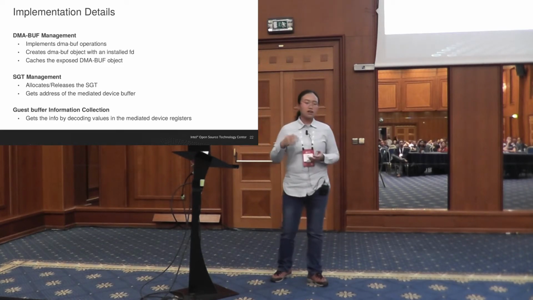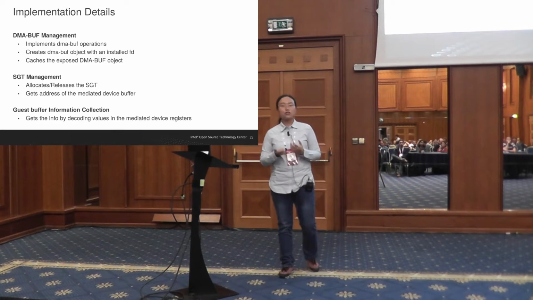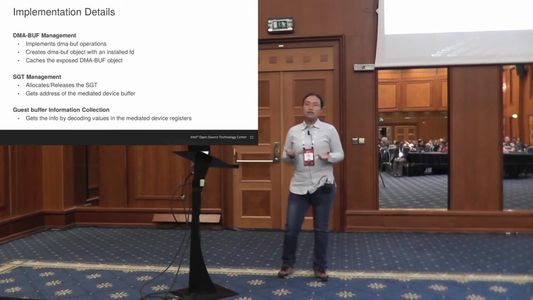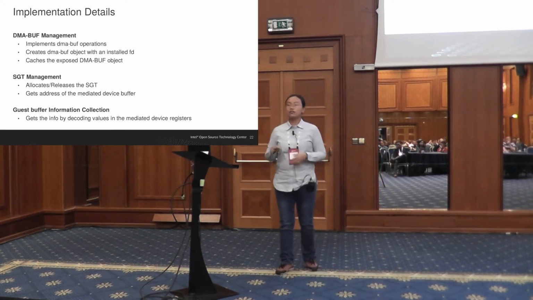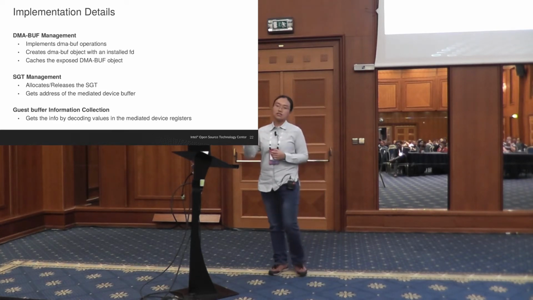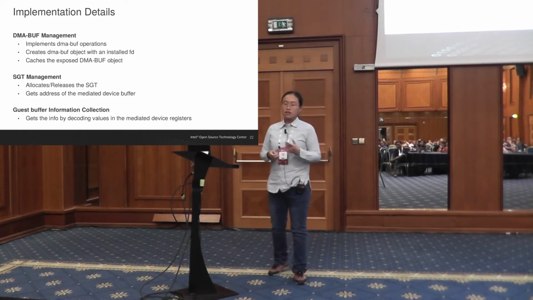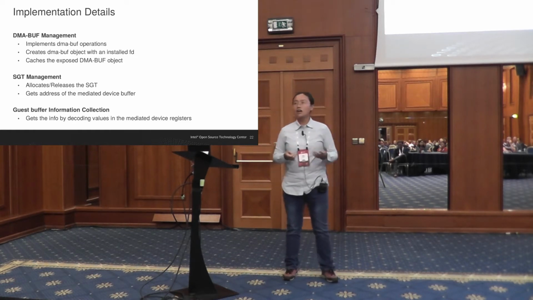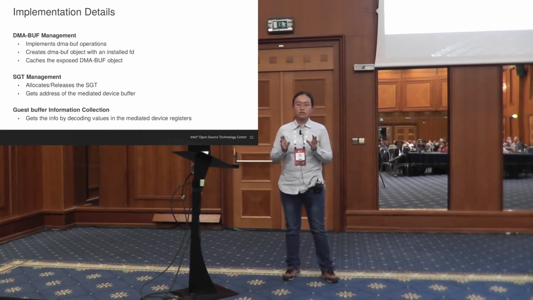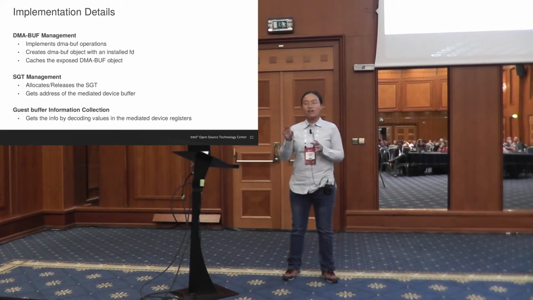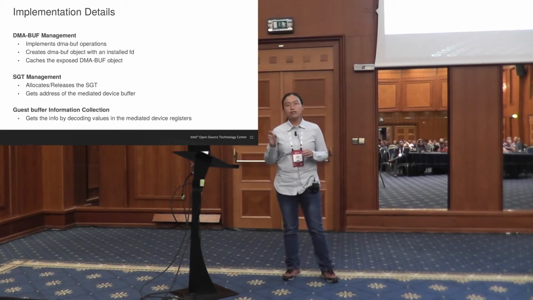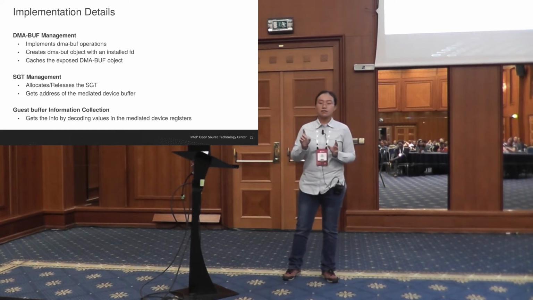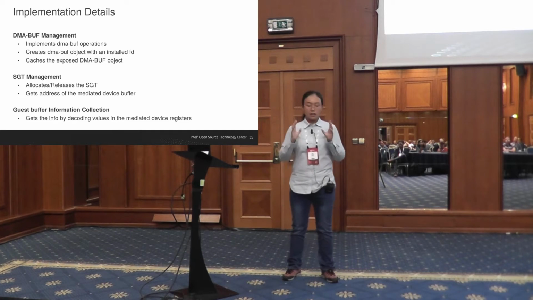When a user in the user space asks for a DMABuf file descriptor, we need to create a DMABuf object and install a file descriptor with it and return the file descriptor to the user space. Here we need to pay attention to the reference count of DMABuf. We need to make sure that when all the file descriptors of this DMABuf object are closed by the user in the user space, the DMABuf object can be released